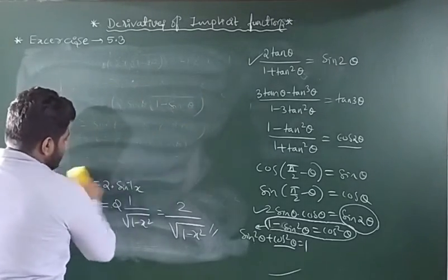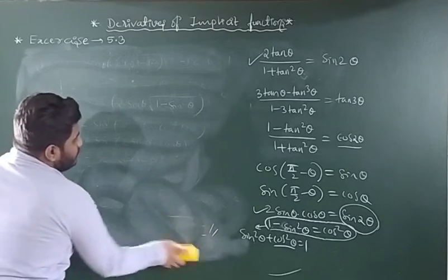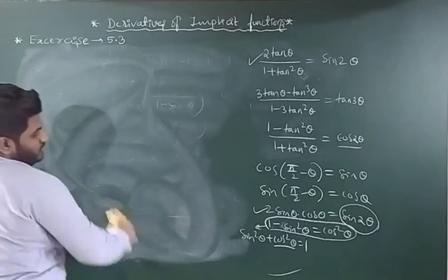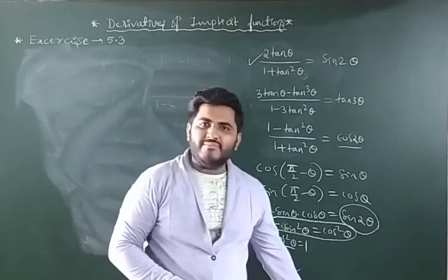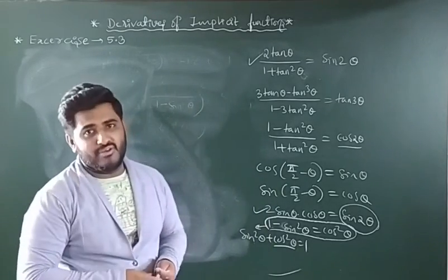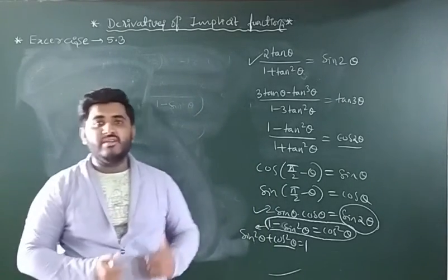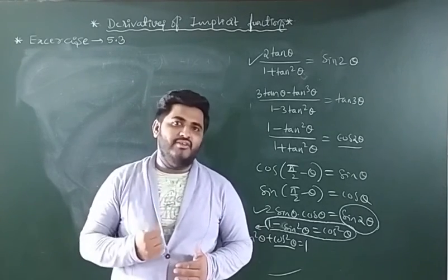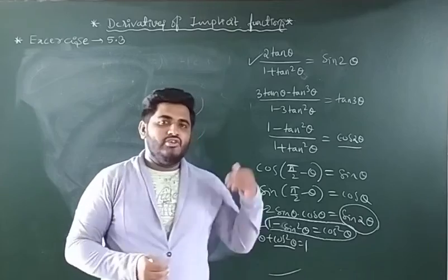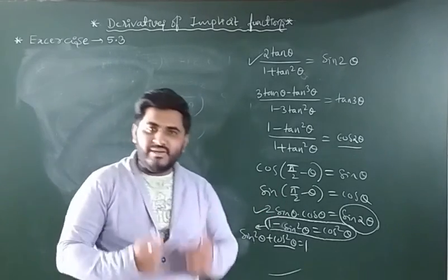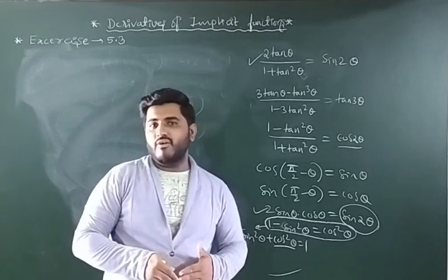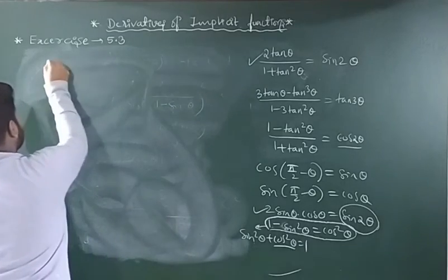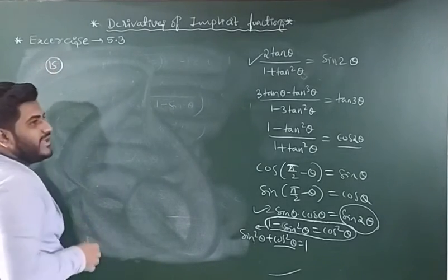Just what you have to do, you want to find what we have to substitute. Once you get that point, you can easily solve this problem. So before going to differentiation, first we have to simplify the given function by putting some trigonometric functions, so that once the function is simplified, we can easily find the derivative of that one. Next one, last problem of this exercise, question number 15.